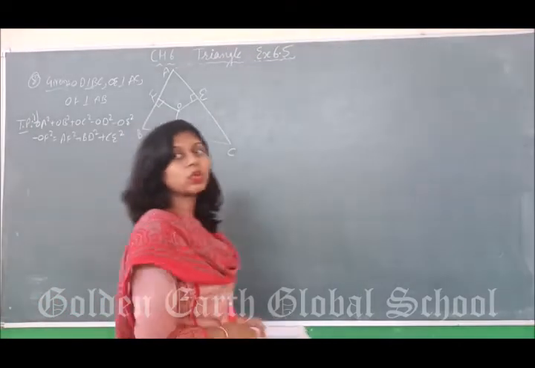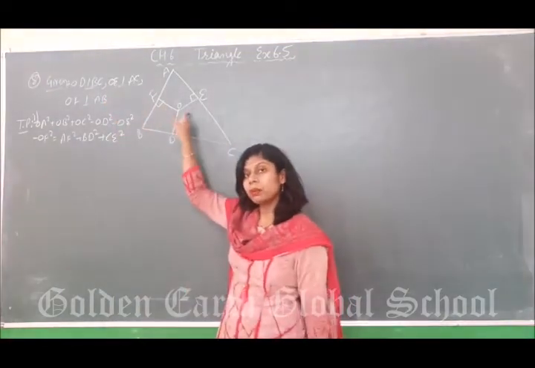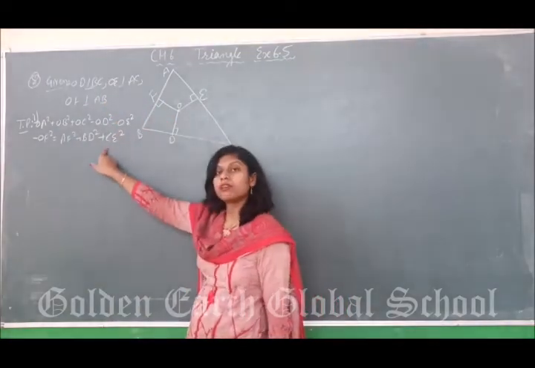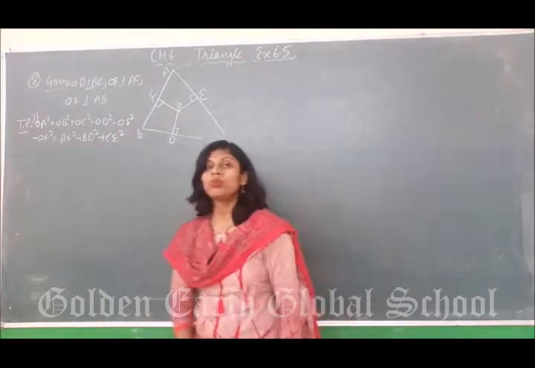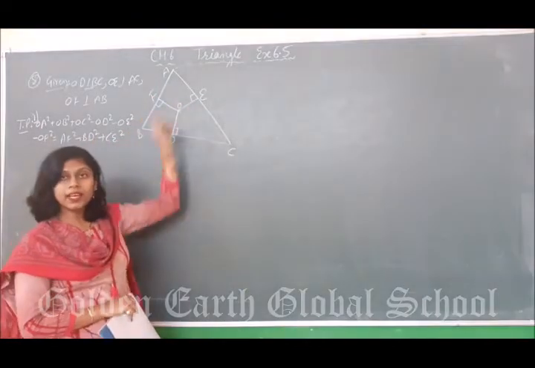Let's start 8th question. This is the figure. It is given these three are perpendicular. This is your first part which you have to prove. To prove OA square, but there is no OA line, so we will